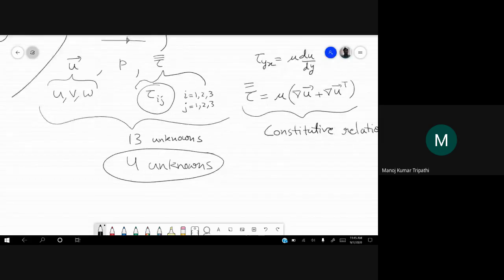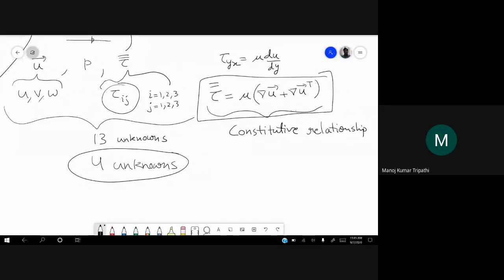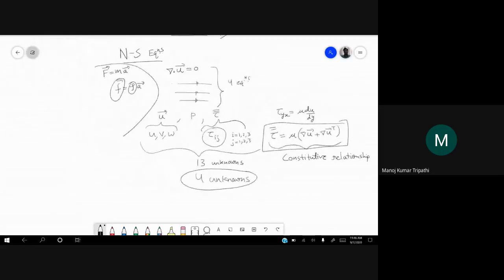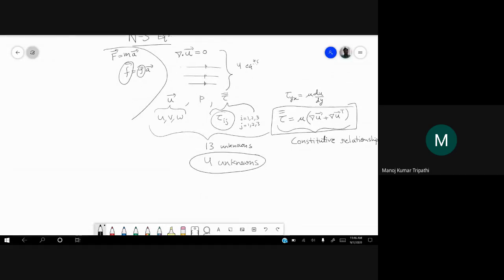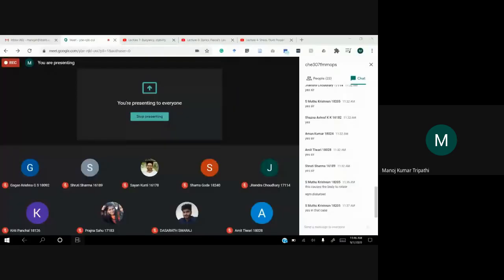Solve these equations. So this is a big step to write for all. For Newtonian fluids, it is okay. For non-Newtonian fluids, you have to write this constitutive law either by doing some experiments or writing some theory, or some simple models, which may not be always possible for all the fluids. So this is the essence, and then you can solve these equations. Later on we'll see how to solve these equations for simple flows. Okay, is there any question up to this point?